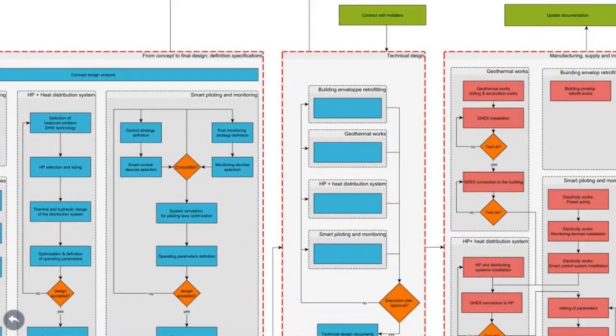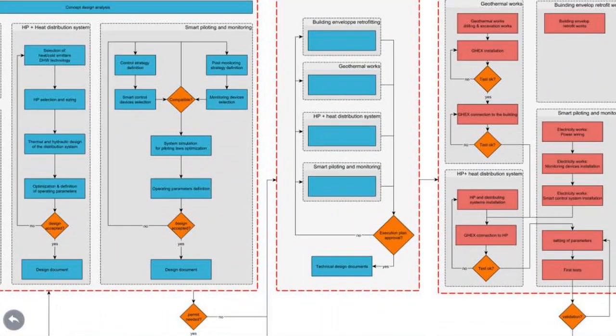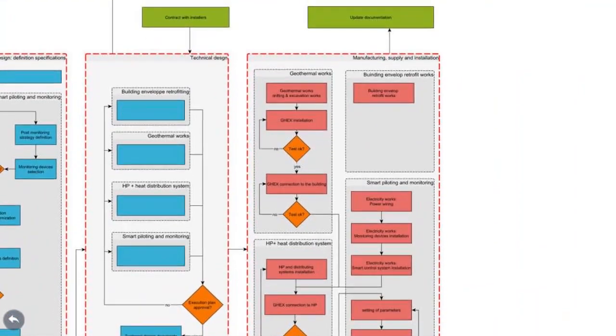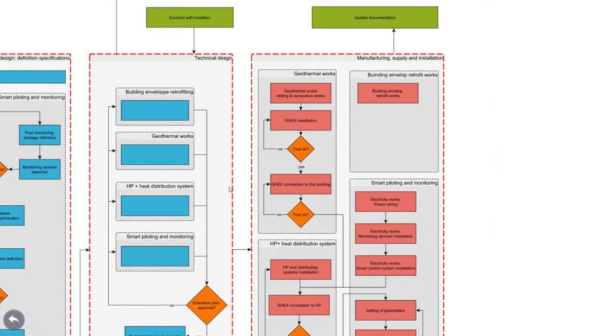The technical design will entail a more detailed design work carried out simultaneously on every technical component of the geothermal retrofitting solution: building envelope, geothermal works and geothermal systems, heat pump and heating and cooling distribution system, piloting and monitoring systems. So again, it's written into a technical design document that has to be approved by all the consortium. When it's validated, we can contract with the installer, and